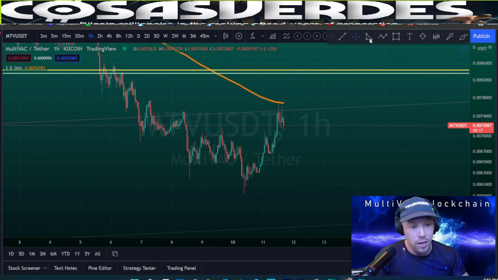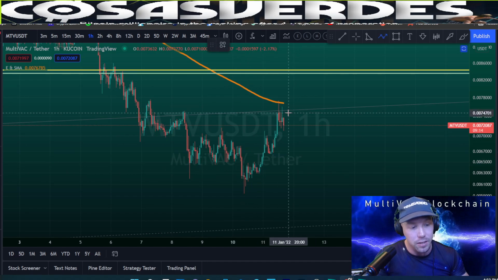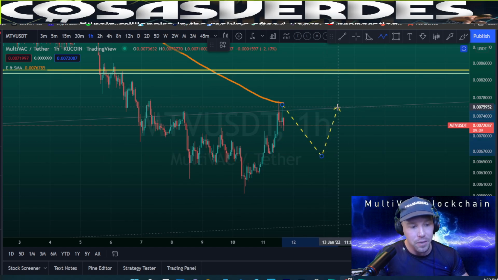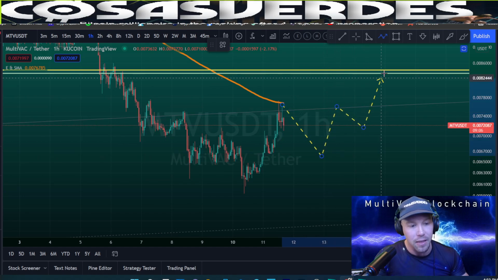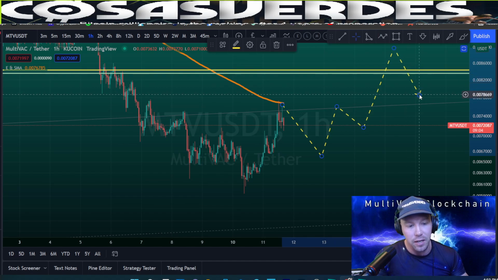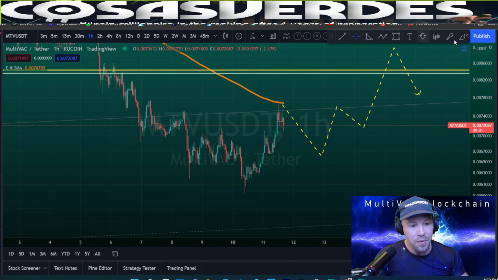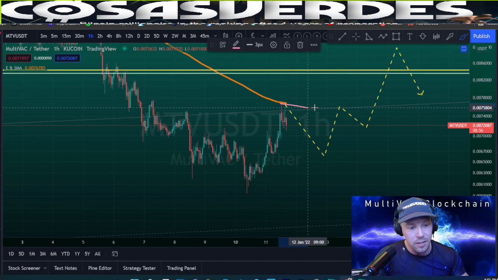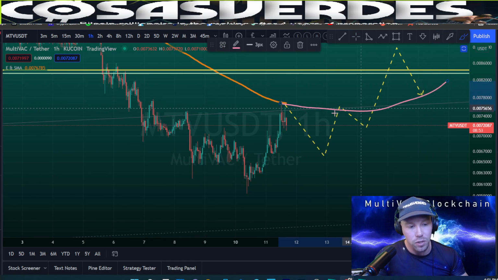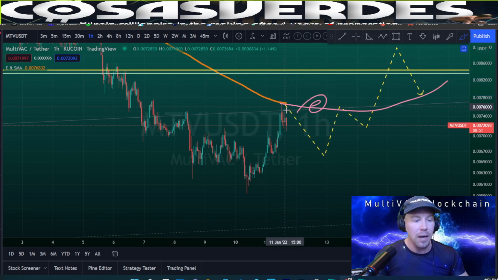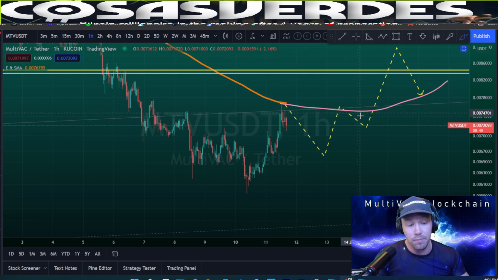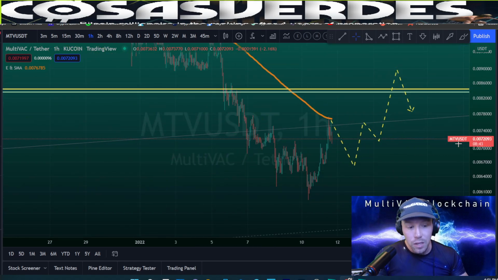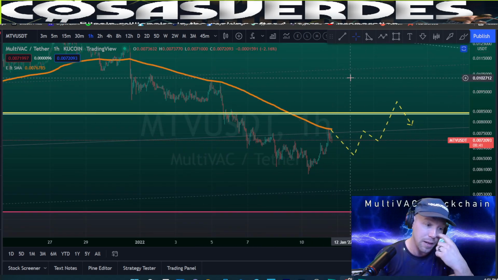If you do want to try, this would not be a coin I suggest for that strategy of accumulating with other people's money. But the best chance it's got is something like that, and then come back down to check it, something to that effect. And then the 1 hour 200 EMA is going like this. I think this is its best shot. And that's the orange line that I just drew, the 1 hour. But I don't think it has much of a chance to get up above it right now. Even if Bitcoin screamed, it's going to have to form a higher low and do something like that. So that's the shorter term time frame. It's looking pretty weak, folks.